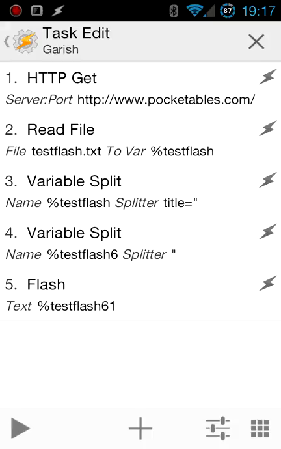So this is basically just quickly showing you how to use a flash message. Just by using a flash, I was able to pinpoint what I wanted to do, and instead of doing anything complicated and then trying to see if everything works all at once, just take it one step at a time using flash messages to see what's actually in your variables, and then you just take it from there. So that's just a very quick example of how you can use a flash